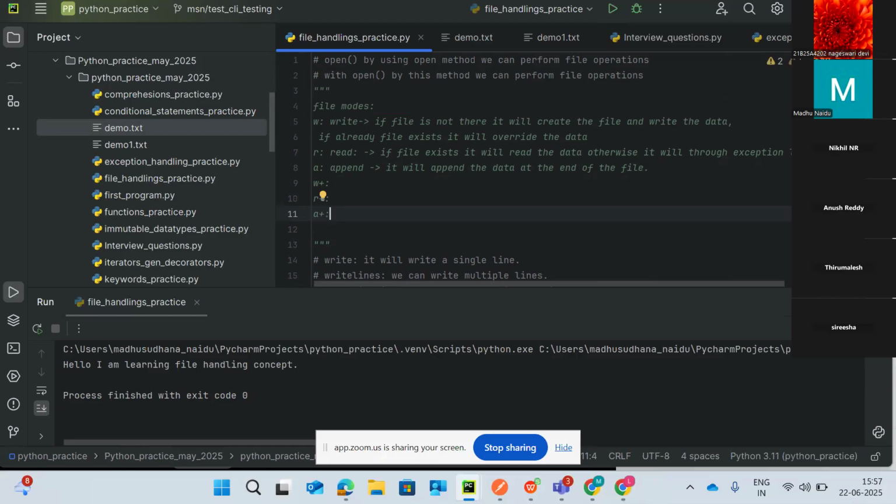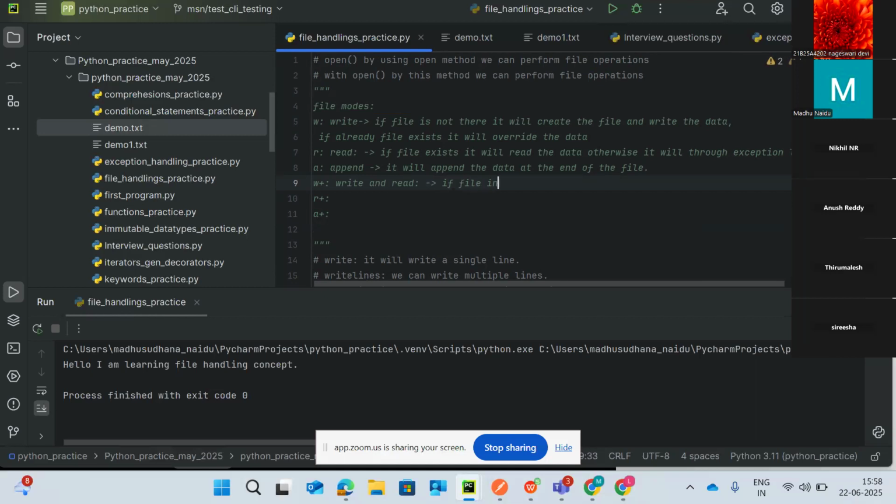It will be write and read. If the file is not there,